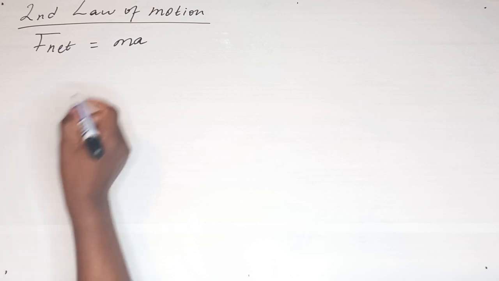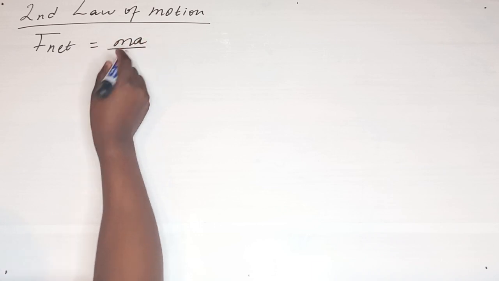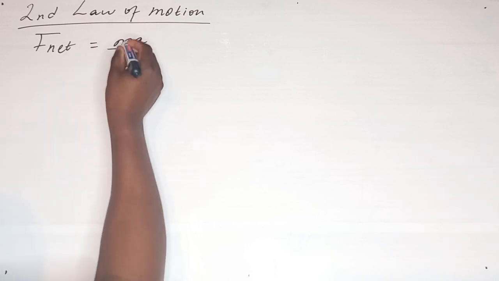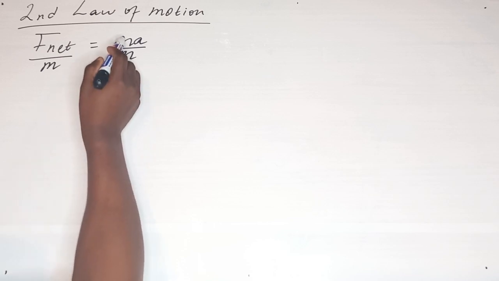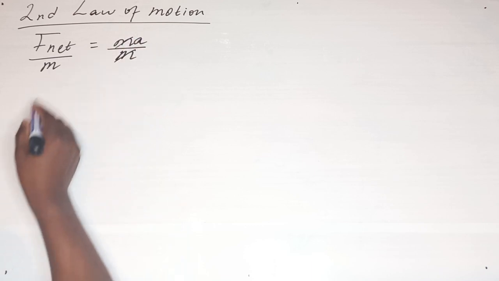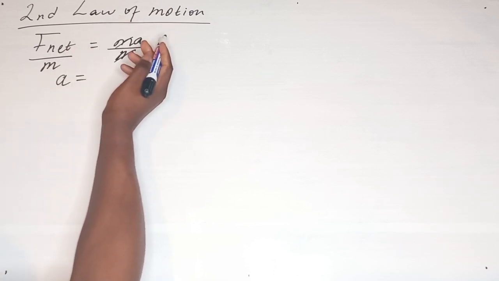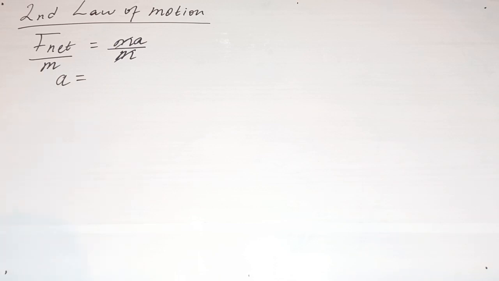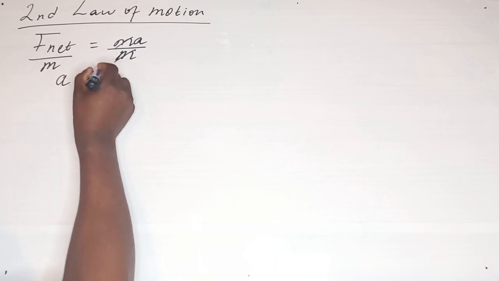So what does that mean? It simply means they are focusing on the proportionality of acceleration with mass and the proportionality of acceleration with net force. So we are supposed to make a the subject of the formula in this case. We divide by m on that side, and then we divide by m on the other side. Then m divided by m gives you 1, and 1 multiplied by a, you are simply left with a on this side. We can put this a on the other side, because the equal sign means whatever is on this side is equal to whatever is on the other side. If you swap them, it's still the same thing. So we have a is equal to F net